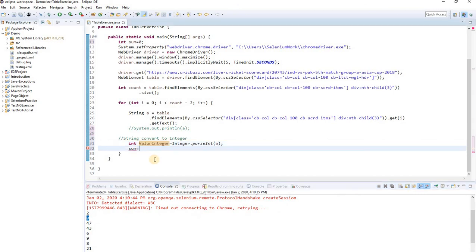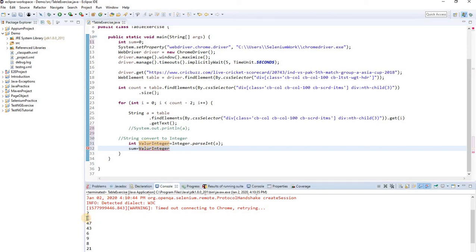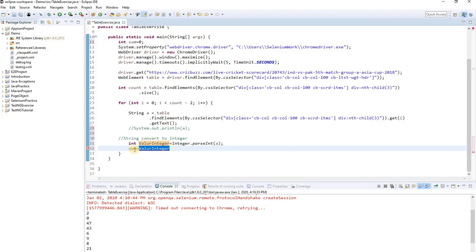I'm putting this value in the sum variable, and my intention is that the next valueInteger will add with the previous one. The previous value is in sum. So I want to add my current value with the previous value, which is sum. So I can do sum plus